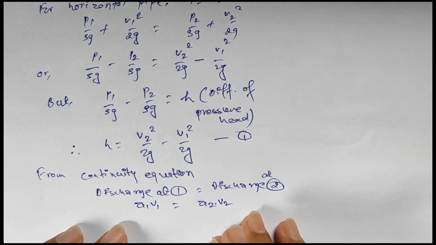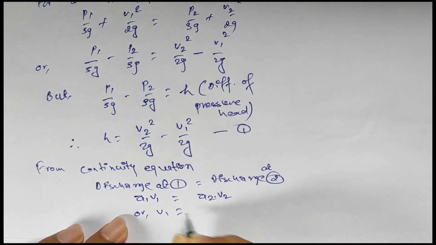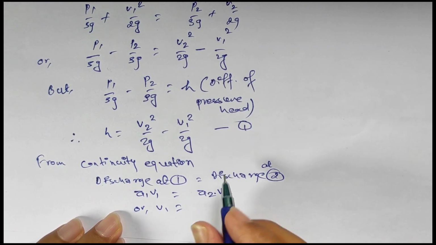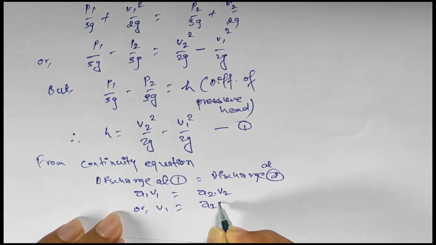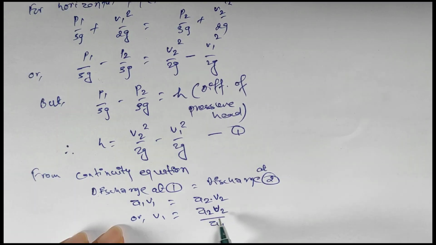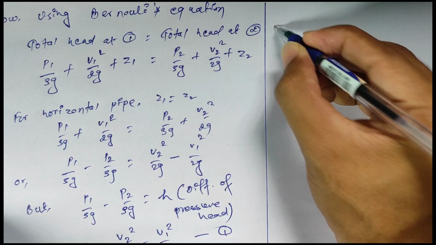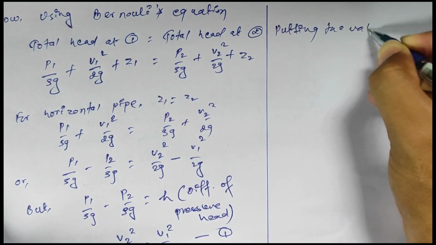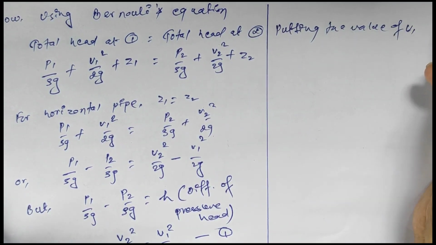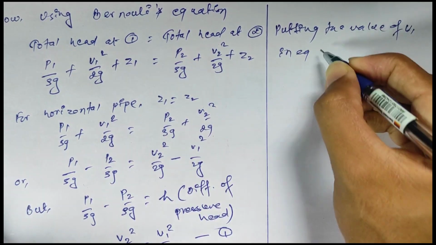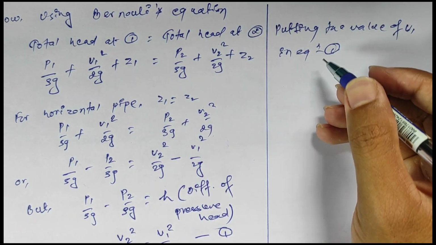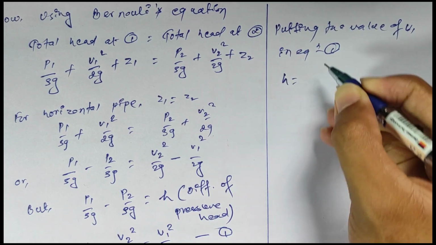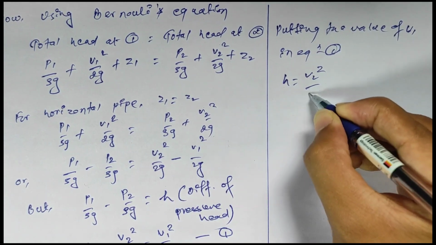Or the value of V1 will be A2 V2 by A1. This value of V1 we put into equation 1. Putting the value of V1 in equation first,